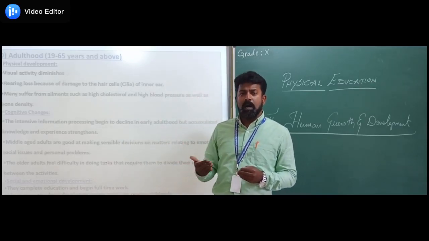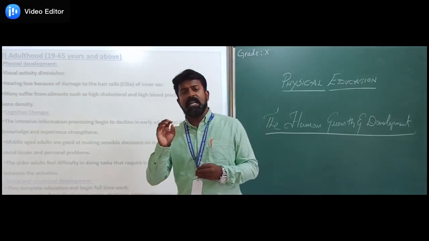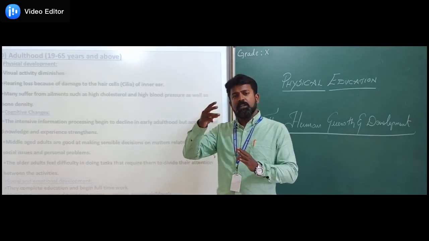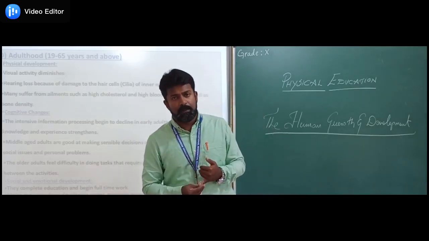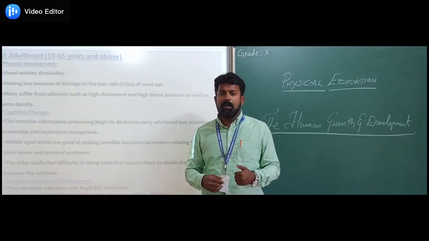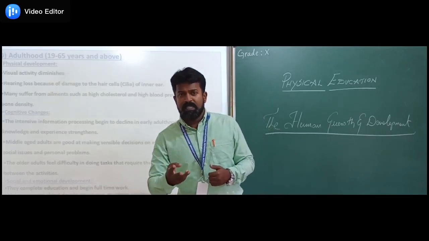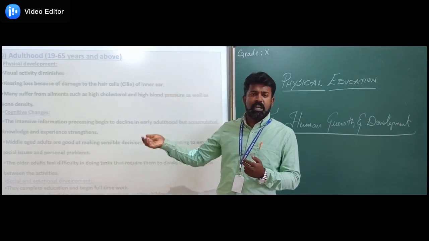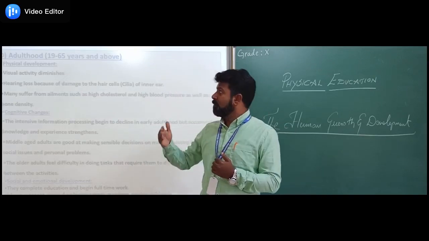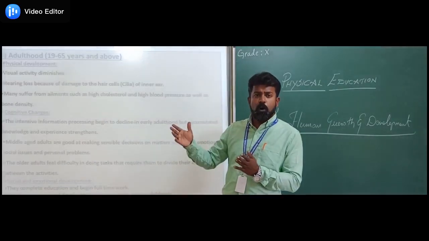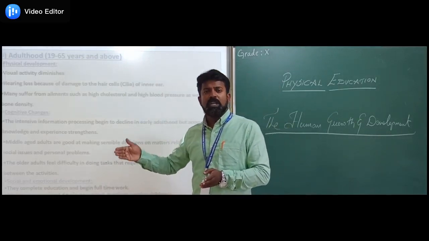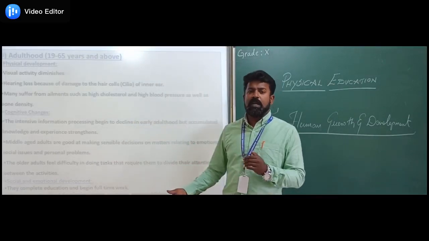So this is all about the characteristics, development and changes in each stage. In each stage we divided it into the developments: physical, cognitive, social. So in today's class we have seen the three developments in each stage: the infant stage, then the childhood stage, then the adolescent stage, then the adulthood stage. These are the four stages, and we discussed the cognitive, social and emotional changes today.